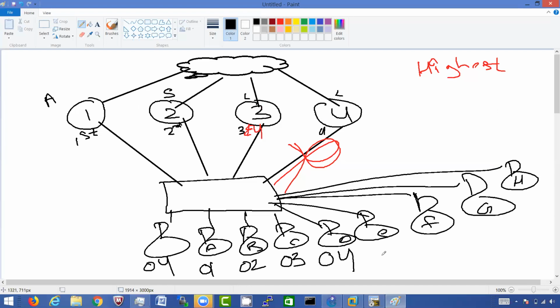And then if user E generates a request, it will get MAC address 01, user F will get MAC address 02, user G will get MAC address 03, and user H will get MAC address 04, because my active AVG will give the MAC address of forwarder 4 also. My active AVG knows that forwarder 4 is down, but still it will give the MAC address of forwarder 4. But see, the active AVG will